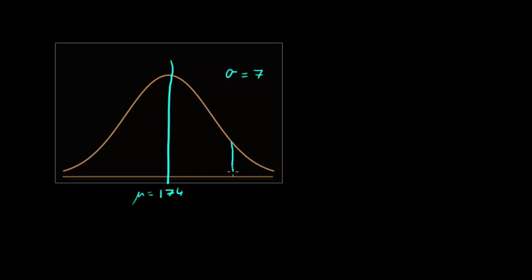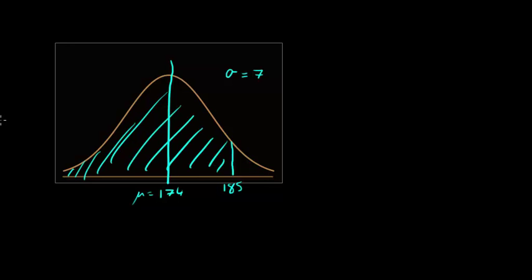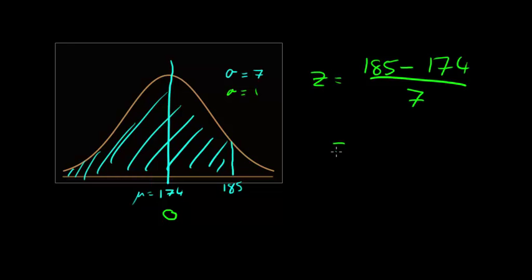So 185 centimeters is going to be somewhere around there, and I want them to be under that. So the first thing I need to do is to convert it into a standardized score. And in our standardized score, we know that the mean is always 0 and that the standard deviation is 1. And to get our standardized score, we take our value, which is 185, you minus the mean off it, and then divide by the standard deviation. And that should give you your standardized score. So in this case, the number that we're going to be looking for is going to be